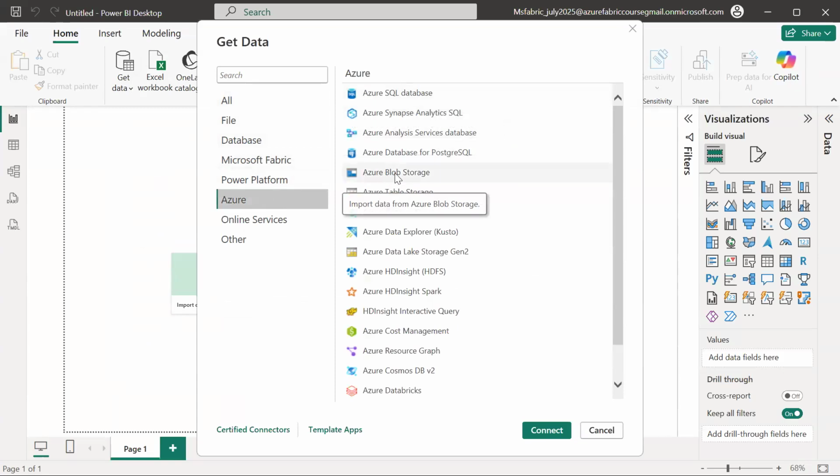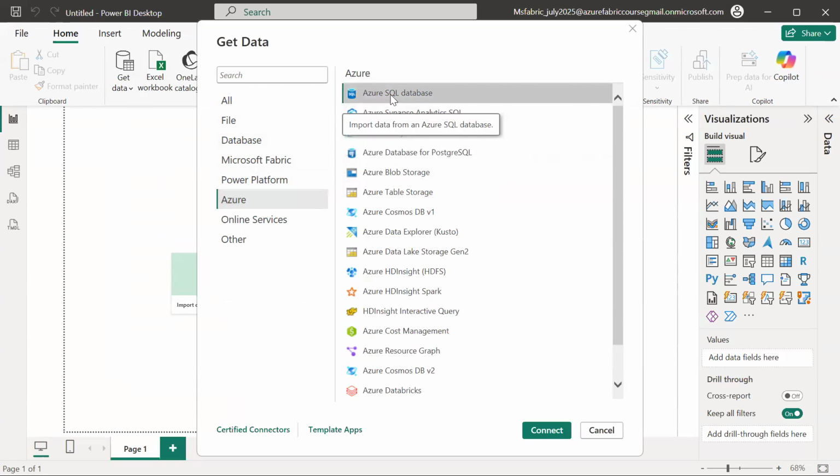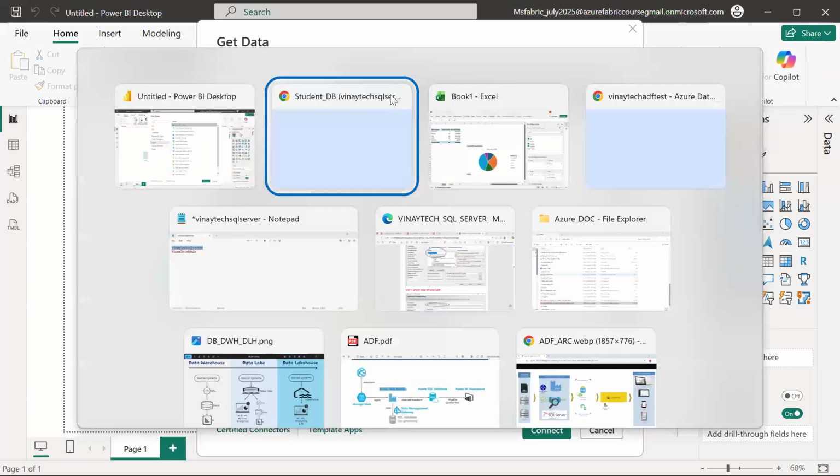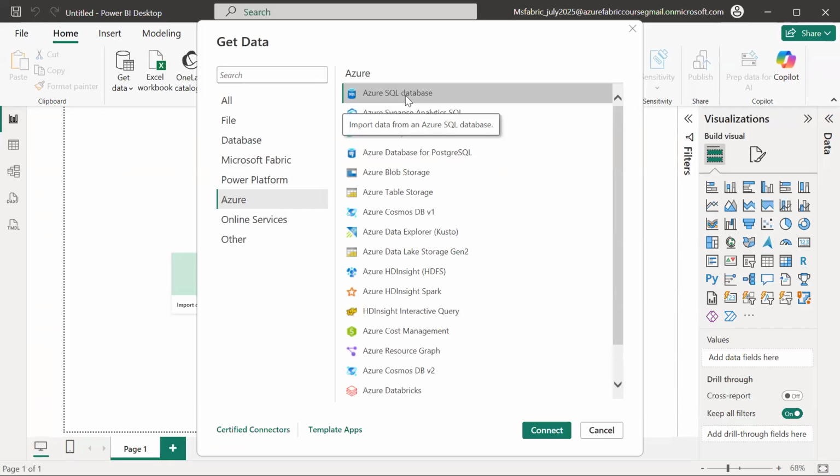Yes, it is there, but I don't want to take it from there. This is not transformed data, it is raw data. My transformed data is here, and many transformations I need to apply. I didn't apply any transformations, but at least it is somewhat clean data. Let's connect to this Azure SQL database.